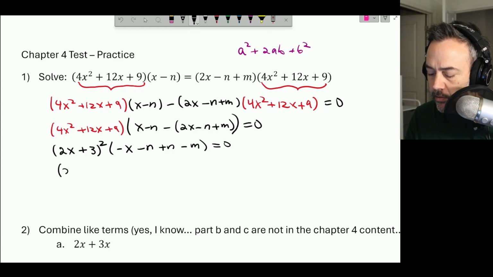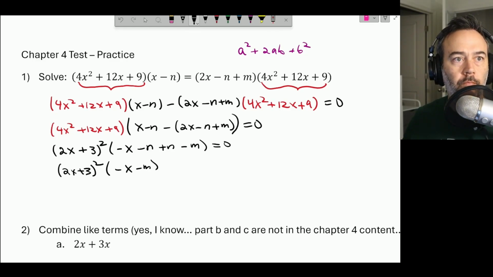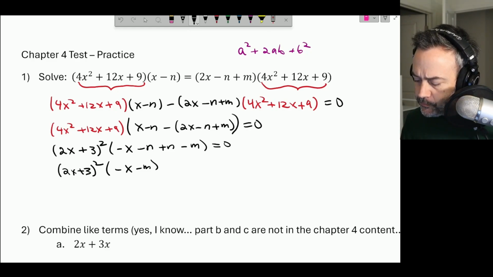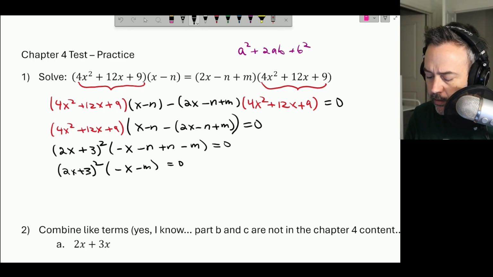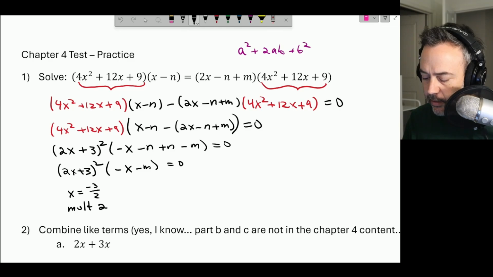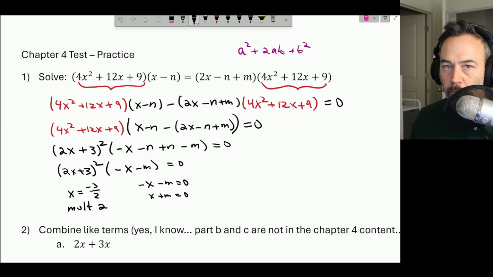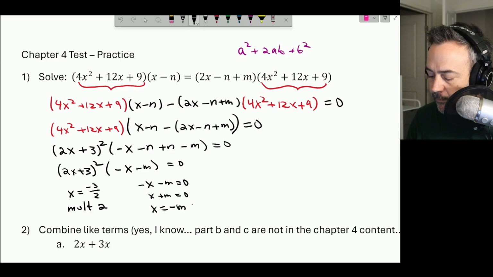So I'm left with 2x plus 3 squared, negative x minus m, equals 0, and x equals negative 3 halves, multiplicity 2, and negative x minus m equals 0, or x plus m equals 0 if I multiply everything by negative 1, and x equals negative m. And that is multiplicity 1,